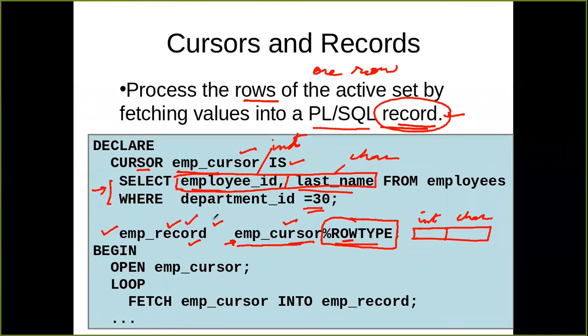So this way you can transfer the data type of any field from the cursor to the record. After that, you have to open the cursor. Then instead of writing all the variable names, now you have to write only the name of the record. So you will write fetch employee cursor into employee record. By default this statement will fetch the first row and put that row into the employee record. The first column will go into the first location, the second column into the second location automatically.